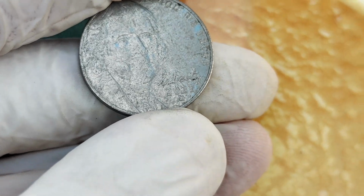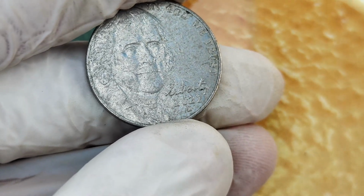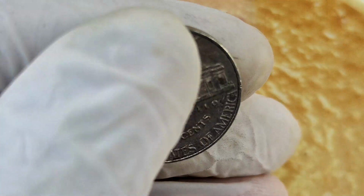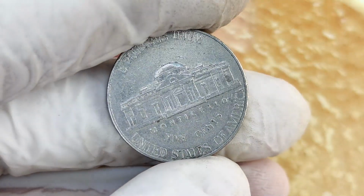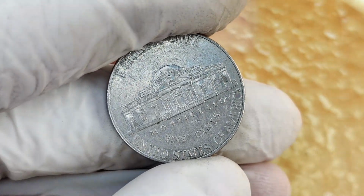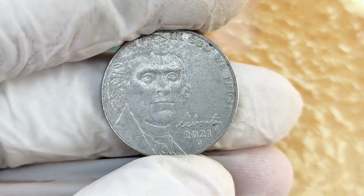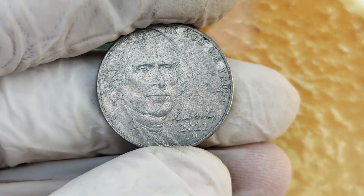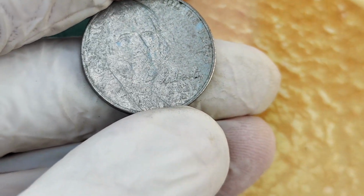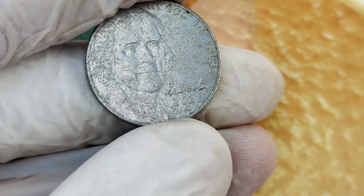But don't wait too long. The rare coin market is hotter than ever, and demand for error nickels is skyrocketing. Every day, more collectors are scouring their change in hopes of striking it rich. If you have a rare 2021 D nickel, the time to act is now. Because the longer you wait, the greater the risk that someone else cashes in on this hidden treasure while your